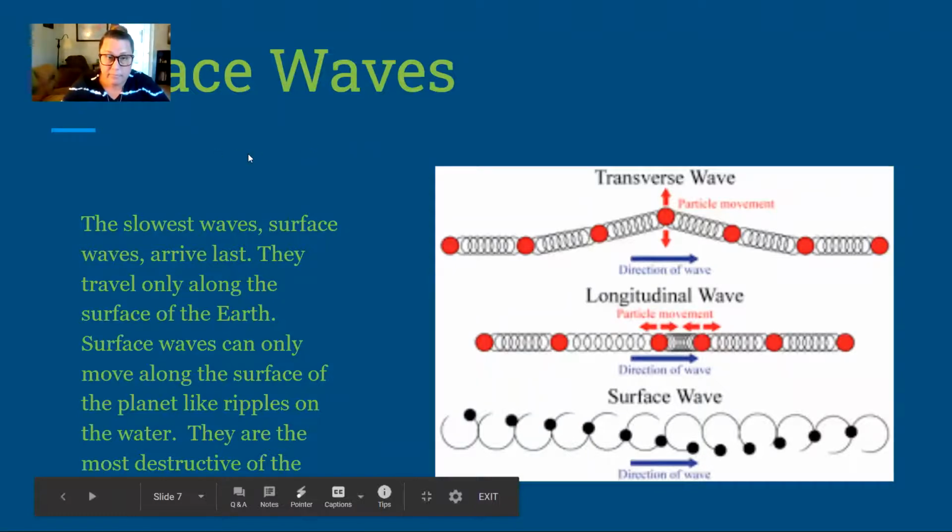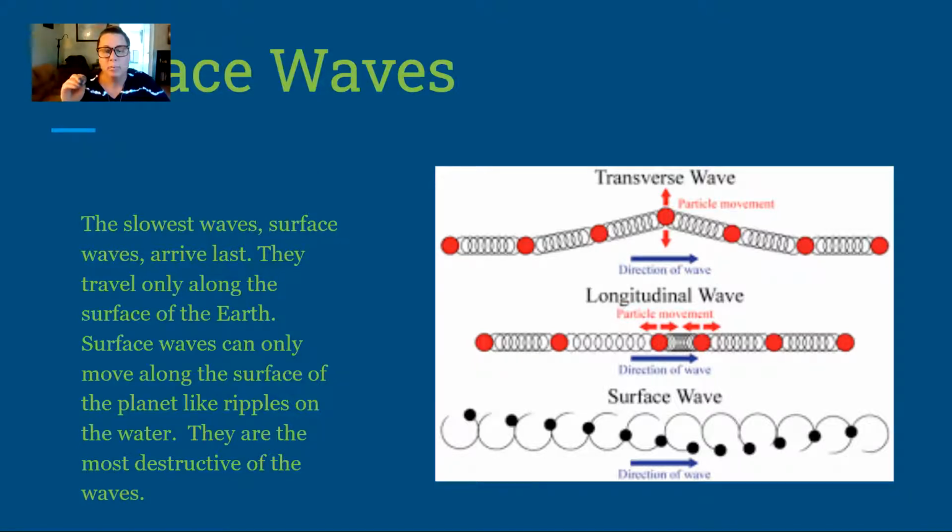Surface waves are the slowest of the waves. So you have primary, secondary, and then surface. Surface waves are the slowest. Primary and secondary waves are called body waves because they're found in the body of the earth. Surface waves are found just where they say, on the surface of the earth. Surface waves cause the most destruction. S waves will cause buildings to drop. Surface waves, however, cause the most destruction because they're so close to the surface.